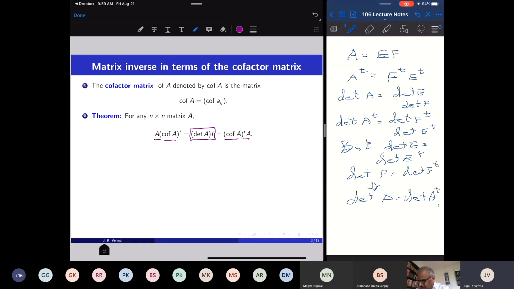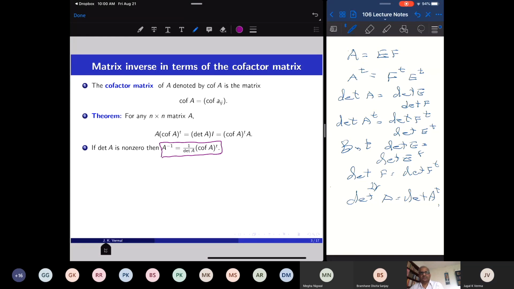And if the determinant is not zero, I can divide by the determinant and get a formula for A inverse. So if the determinant is not zero, A inverse is simply 1 over the determinant times the transpose of the cofactor matrix. So this is another algorithm. It is very expensive, but useful for theoretical considerations. In order to find the inverse of an n by n matrix, you replace every entry by its cofactor, take the transpose, divide by the determinant, and you get A inverse.